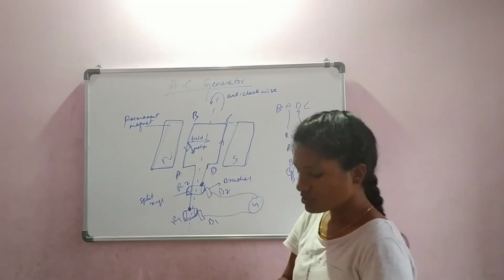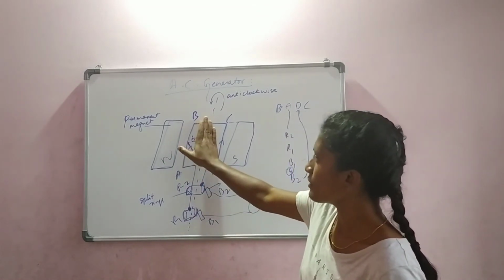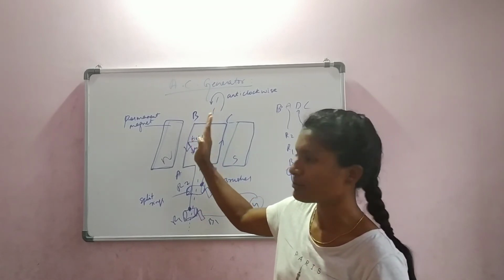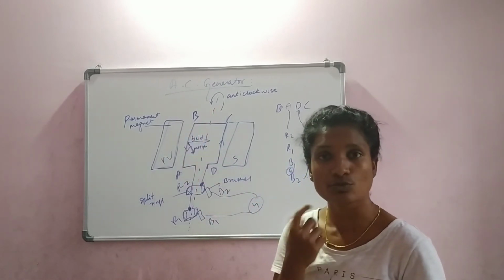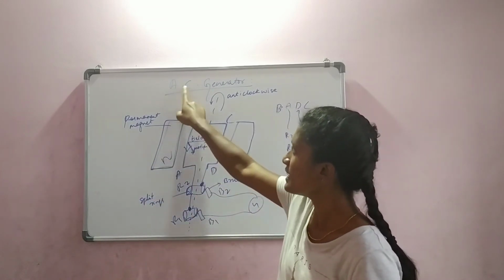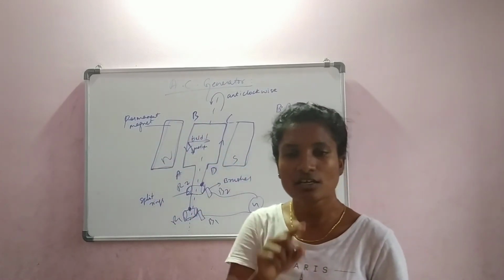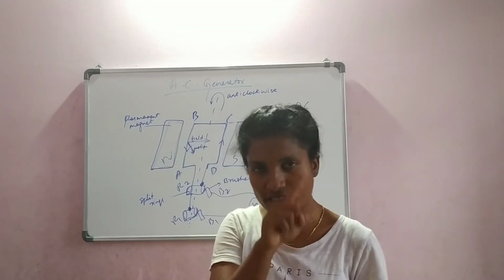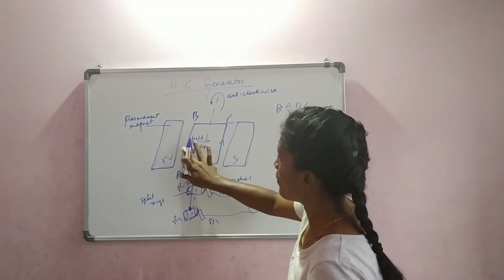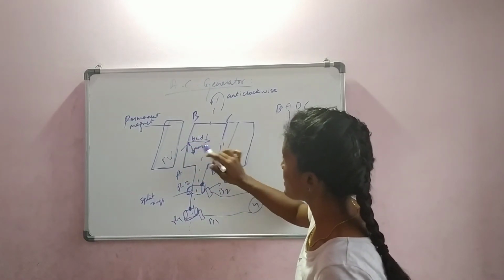So what happens? The ring started moving. It became like this in the vertical position. As soon as it comes to vertical position, the current switches. The current goes in the alternative way because this is AC current. AC current is taking both the directions. Once clockwise, then anti-clockwise. Now the current reverses. Okay, current reverses. It goes this way.